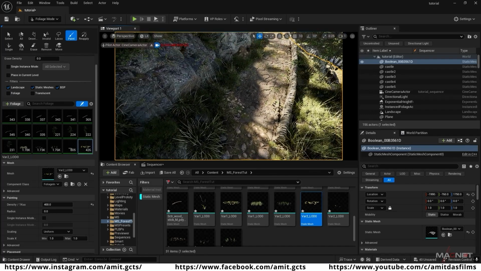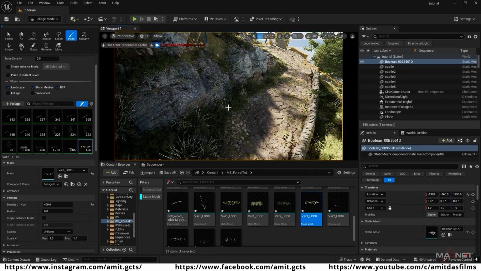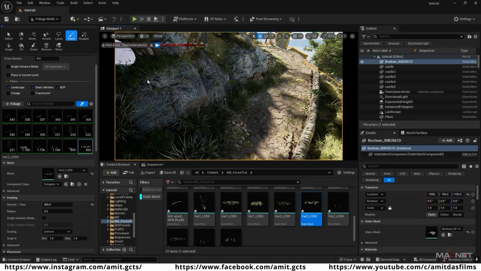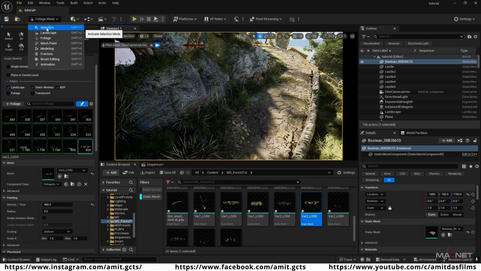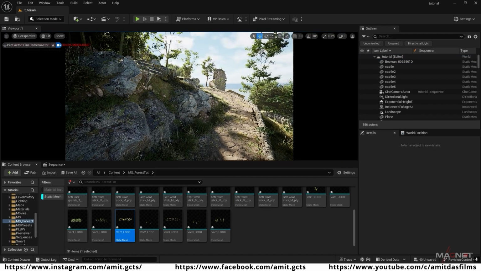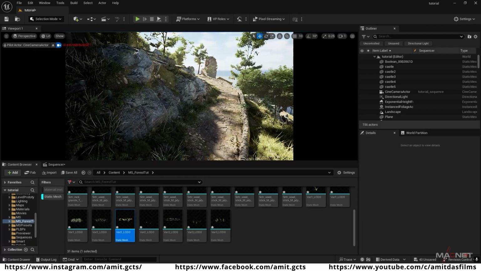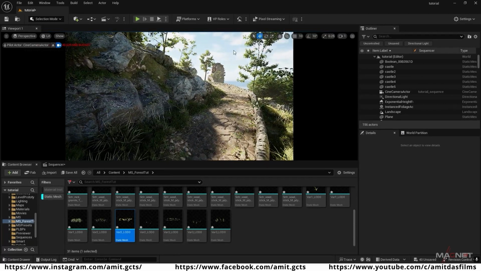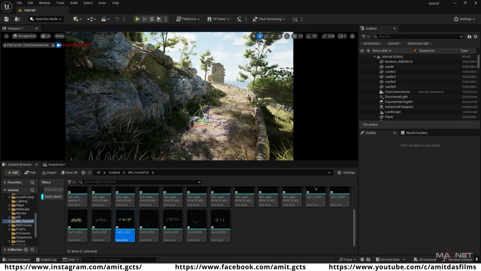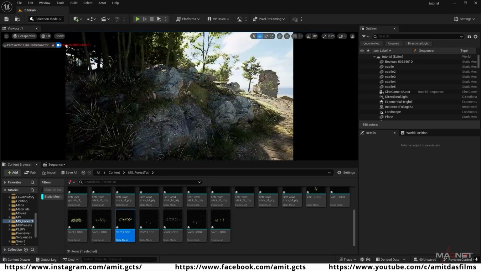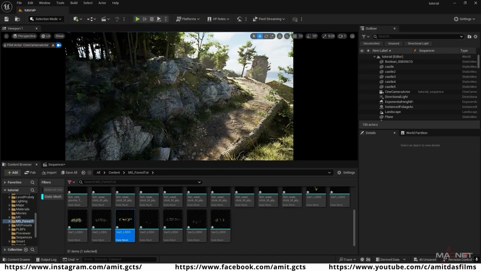And now when we're satisfied with this foliage system, we go back to our selection mode again. So we go to this foliage mode and select the selection mode here. Okay, so as you can see, our scene looks something like this. So if we change our directional light position here